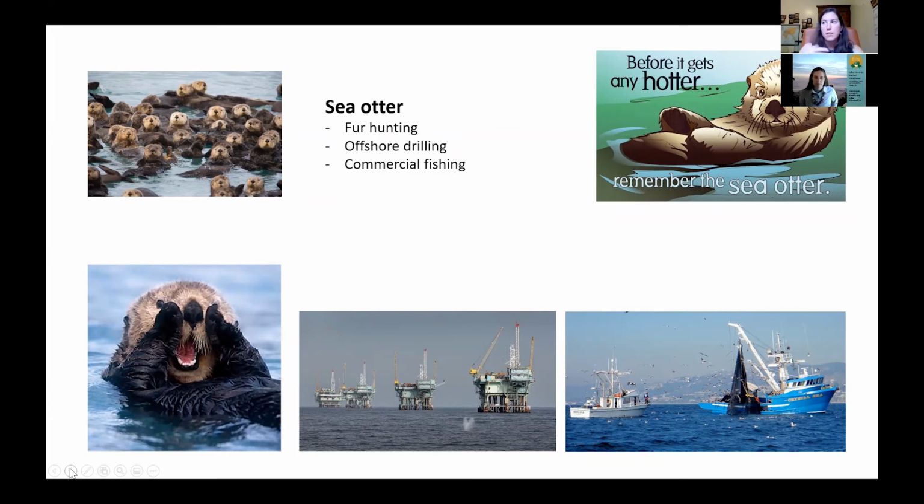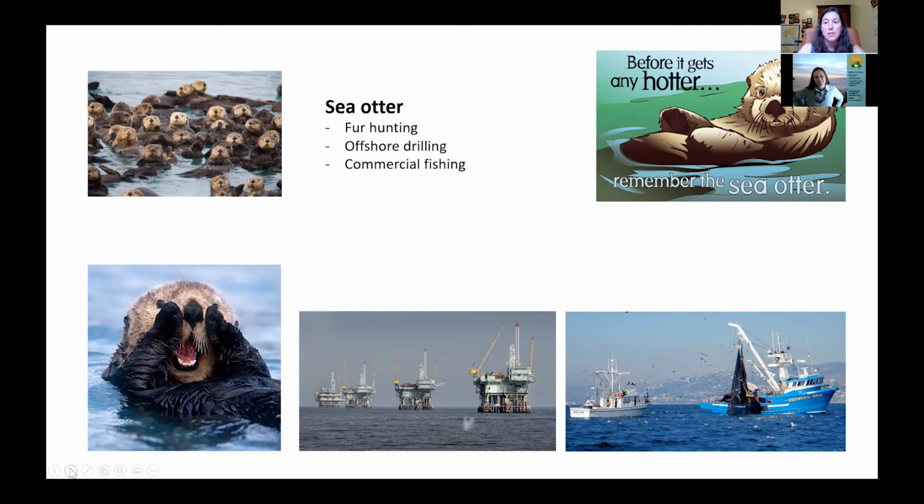So offshore drilling, it's obviously the habitat disruption, potential for oil spills that are obviously not good for a variety of wildlife. And then with commercial fishing, there's always just the chance of them being bycatch with that. And sea otters are really important. I mean, they're not just super cute, which they totally are, but they are a really important keystone species